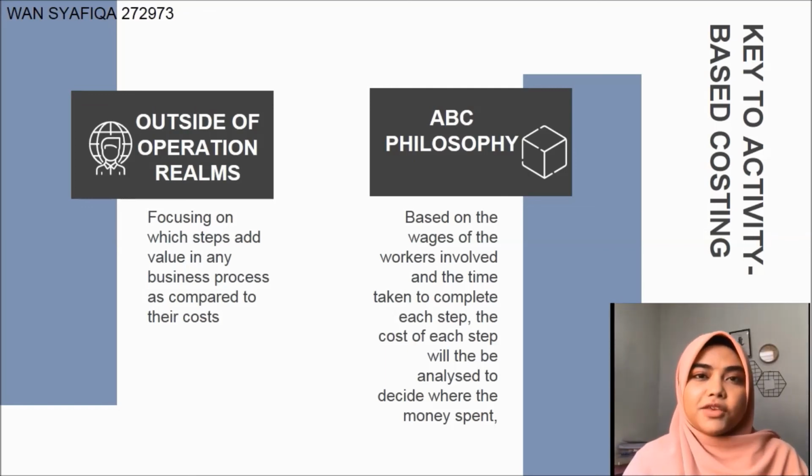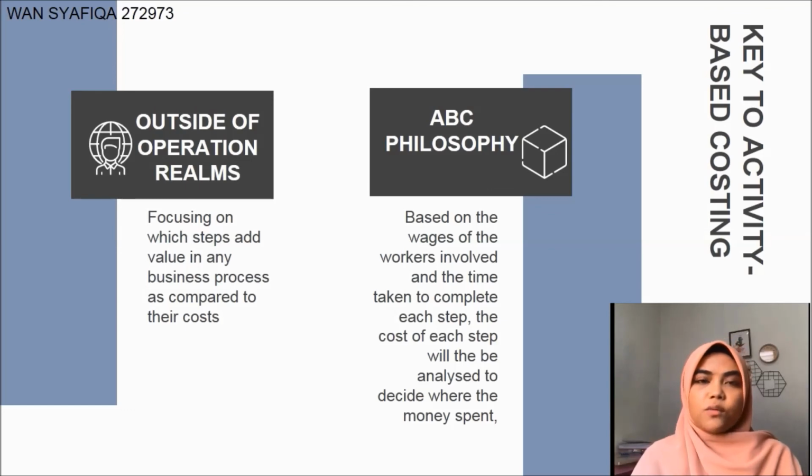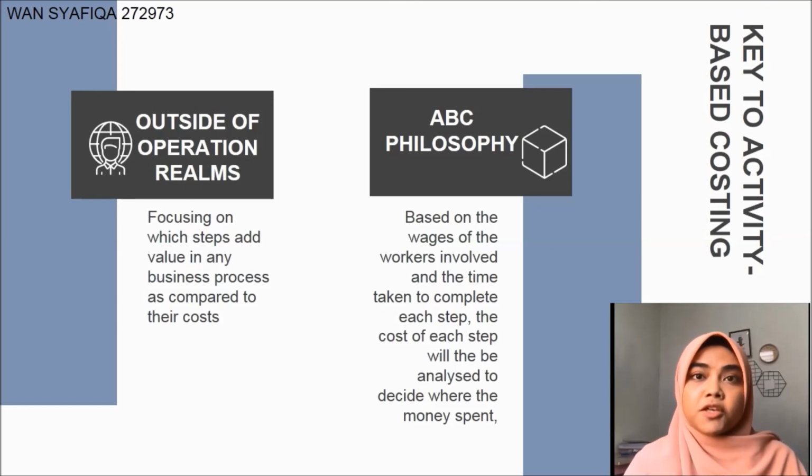Activity-based costing philosophy will create a cost for each step based on the salaries of employees involved and the time each step takes to be completed, and then we'll look at the cost of each step to determine where value is being wasted. For example, while approval of purchase requests may take only a few seconds for each manager, if the entire approval process takes 2 weeks, that is a considerable amount of cost to the company due to time waiting for the order to